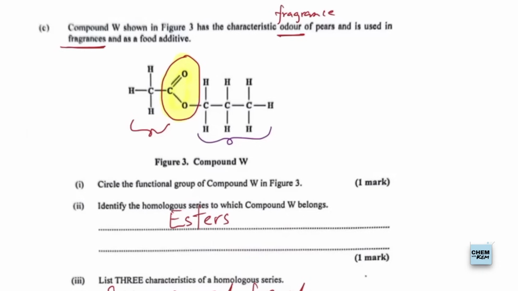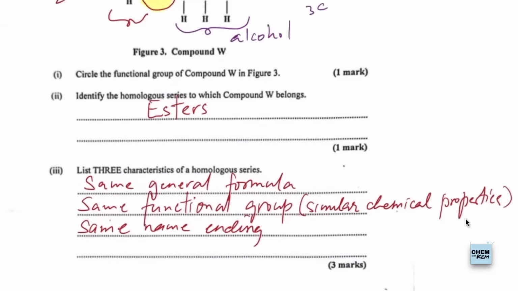The functional group here, the ester linkage jumps out at me. I don't know if it jumps out at you. It should jump out at you. So the homologous series here is an ester. And before we go any further, we're highlighting the alcohol portion. We highlighted it, anticipating the other part of the question. So we have an alcohol made of 3 carbons, and we have an acid made of 2 carbons on the